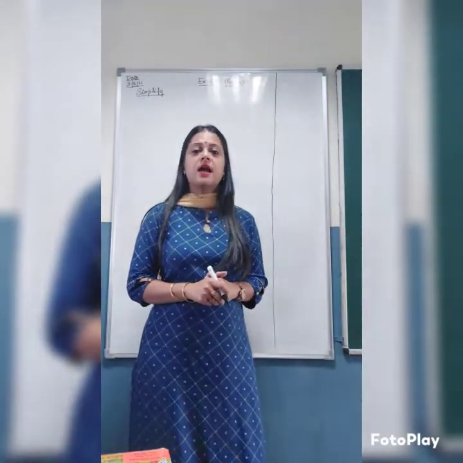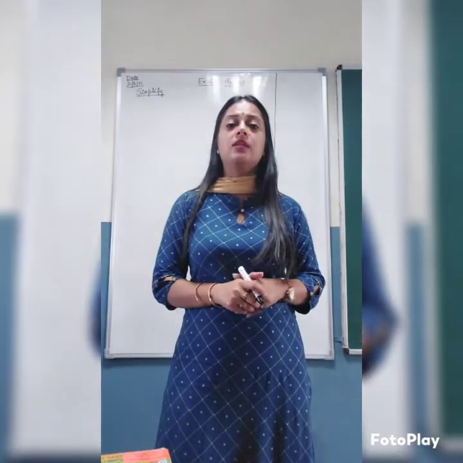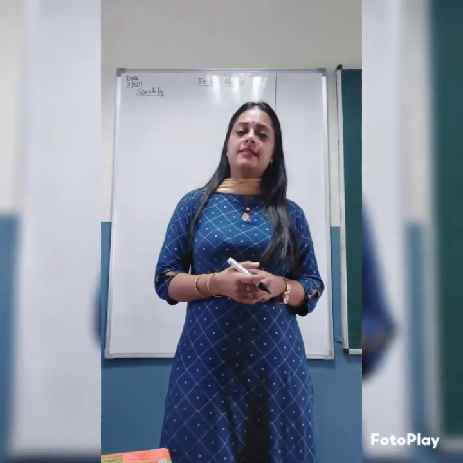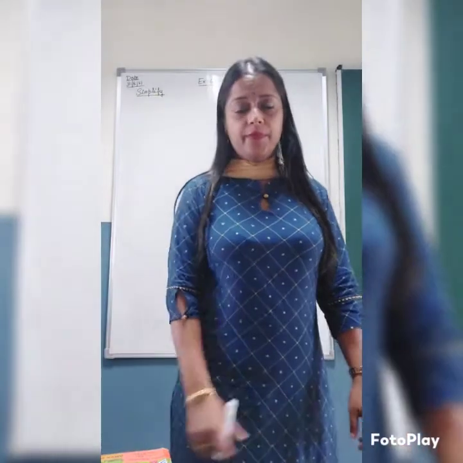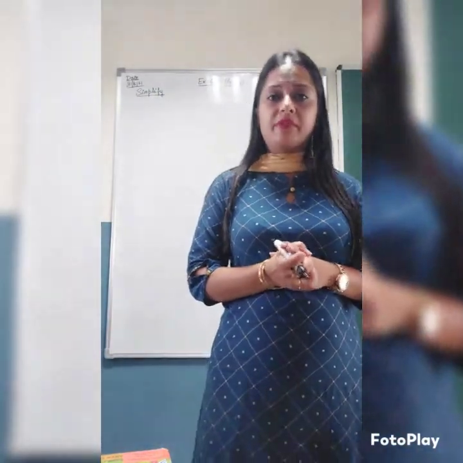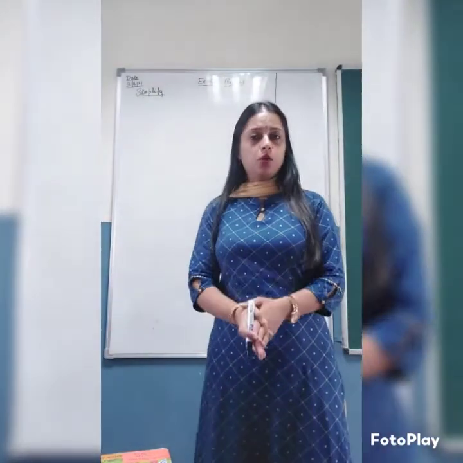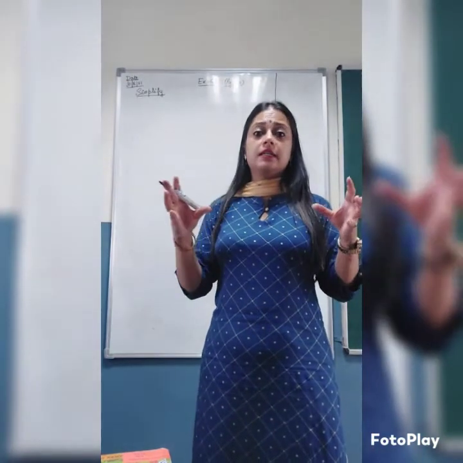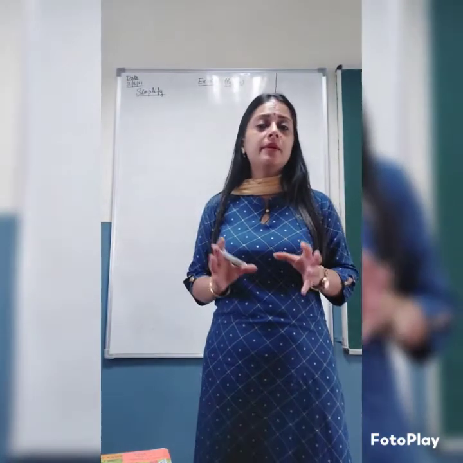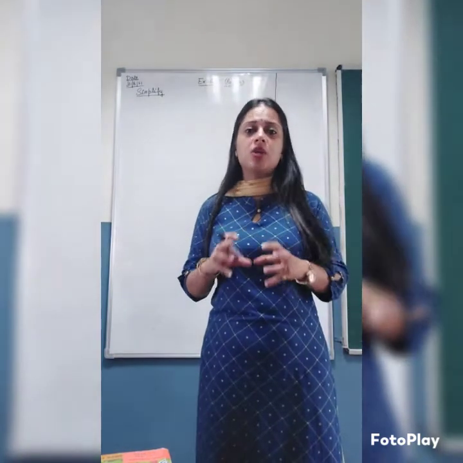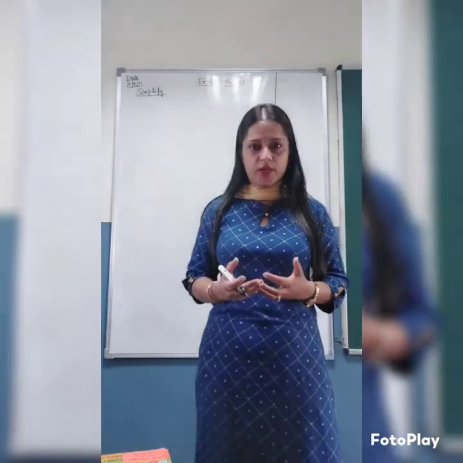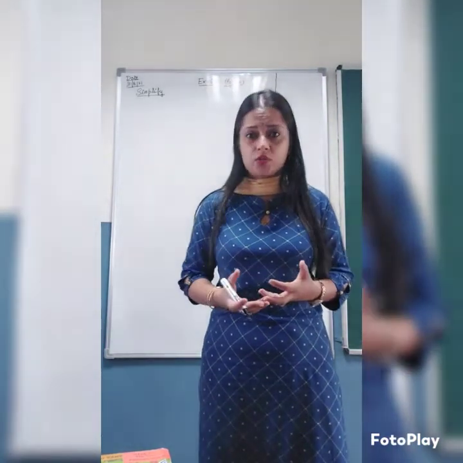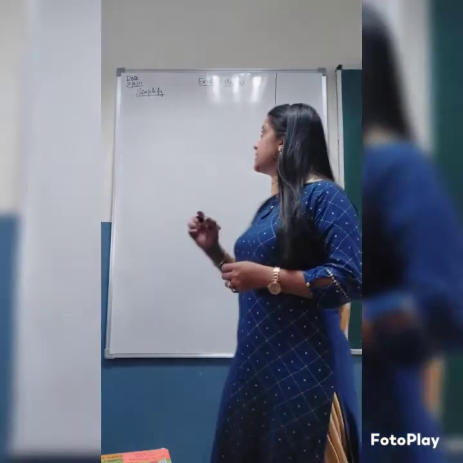Hello dear students, now we are going to study exercise 6.7, page number 67, simplify. Before doing the simplification, as given in your book, 4 or 5 numbers are given, and in between each number there are a lot of signs. How can we solve that situation? We have to follow the rule called DMAS.